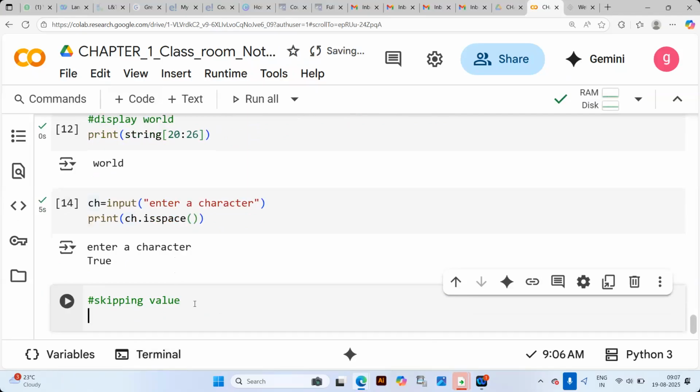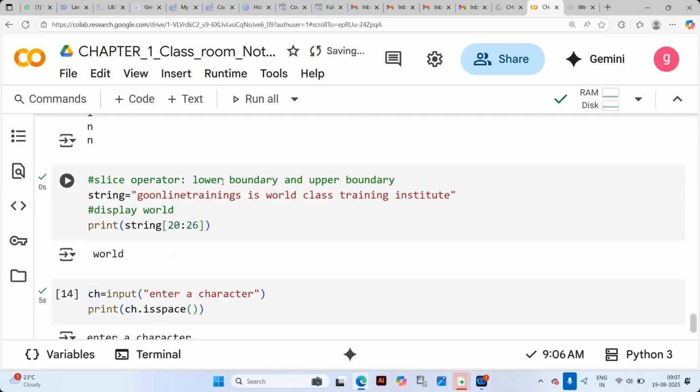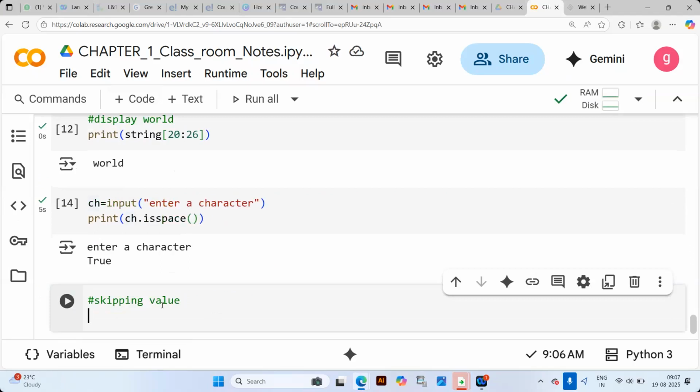In the above string, I wanted to display the characters G, O, L, N, T, A. Otherwise you can take another string, the city, which is Bangalore.